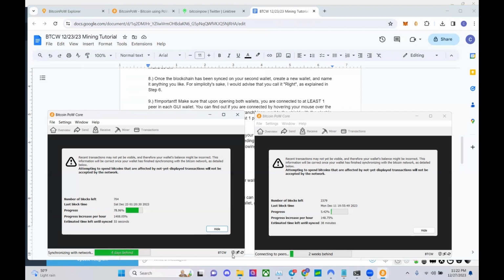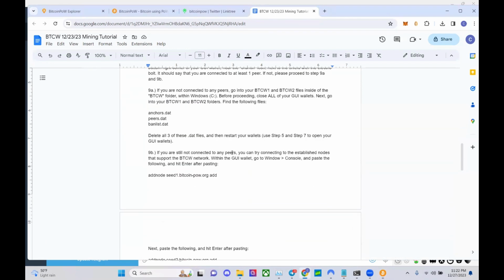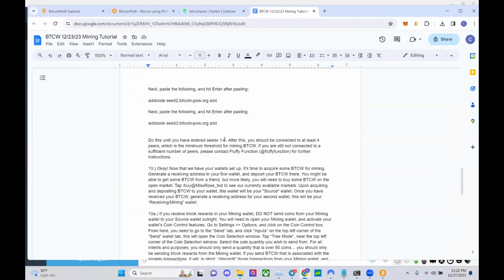So I'm going to try to see if I can run through the rest of the instructions, kind of familiarize everybody with them. So we entered seeds 1 through 6. If you still have a hard time connecting, you can contact Fluffy Functions. So this guy is, he's like the lead developer for BitcoinPoW. I haven't talked to him much, but he's a really interesting, insightful guy. Seems to have a concept on his hands that is very new, very unique, very practical, very scalable, in my